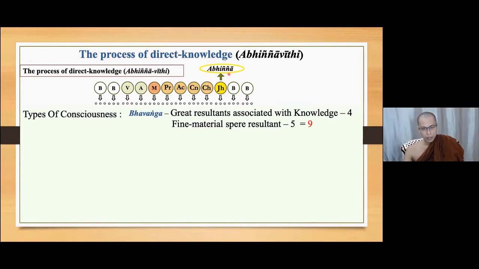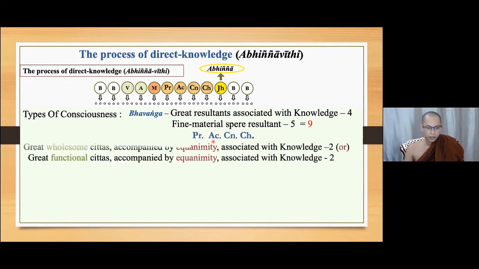There, the abhinya, the performance of the direct knowledge, is always related to the fine-material sphere. That is why we can understand this abhinya process cannot arise in the immaterial realm of existence. So the bhavanga also cannot be immaterial resultants. Okay. Then the neighborhood concentration, which is called the preparation, access, conformity, and change of lineage,